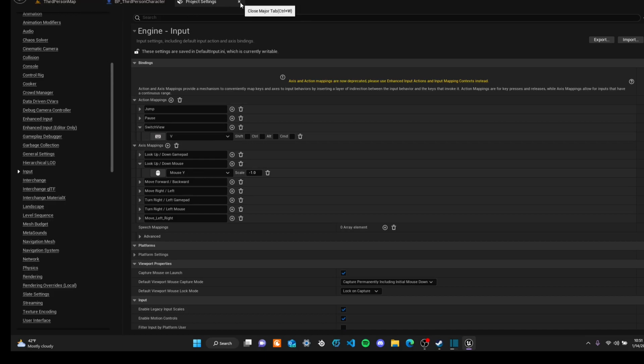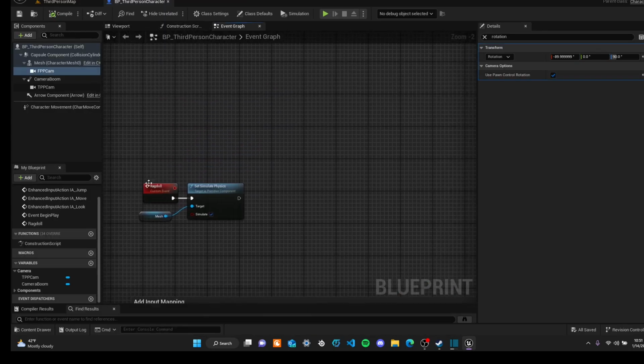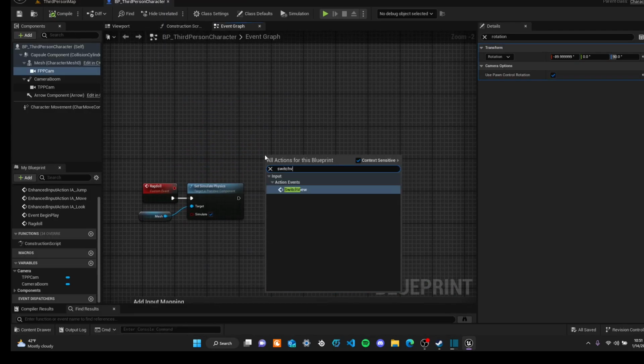Most games use V. V can also be used in melee. Those are the two main things you can use the V key for in most games. So let's just call it switch view,